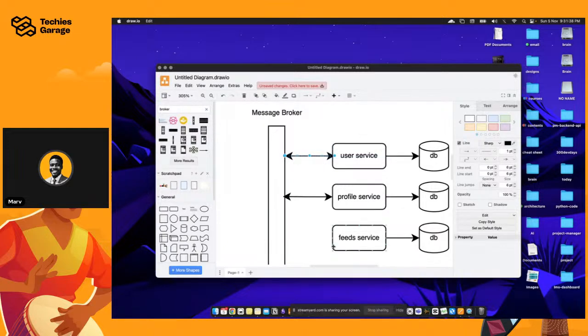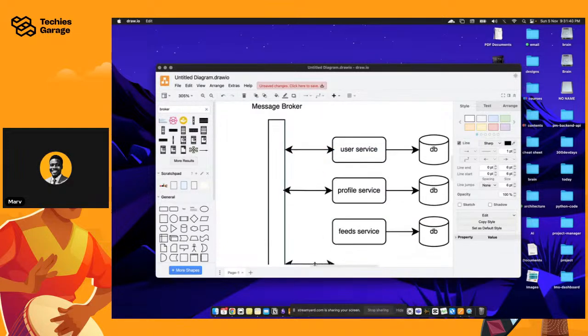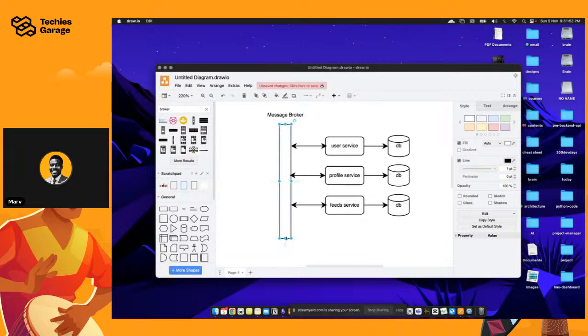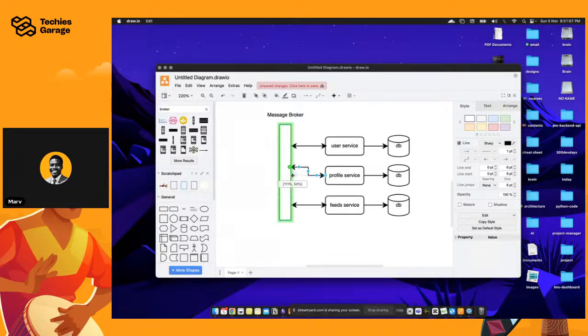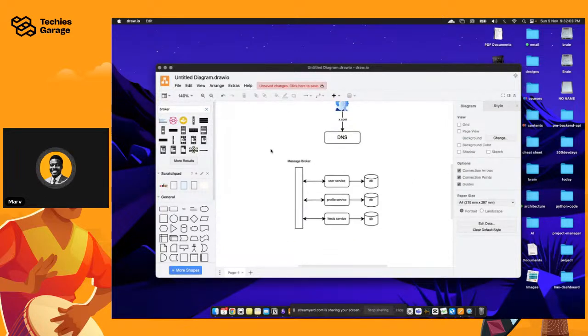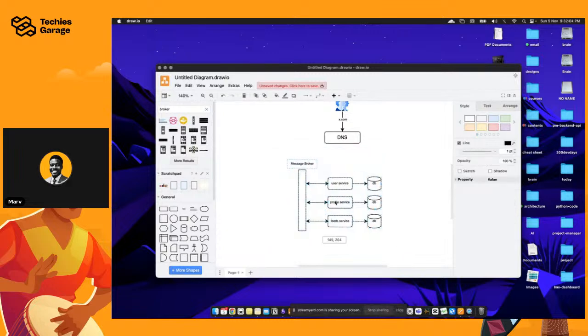instead of having to draw lines across all the services. Okay. So basically, what we're trying to show is that this guy can simply communicate to this guy basically through the same broker, right? So they're all communicating. So let's just reduce this a bit. All right. So now we have that broker, and of course they are all communicating from here.